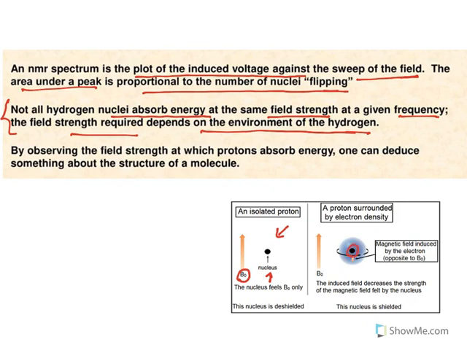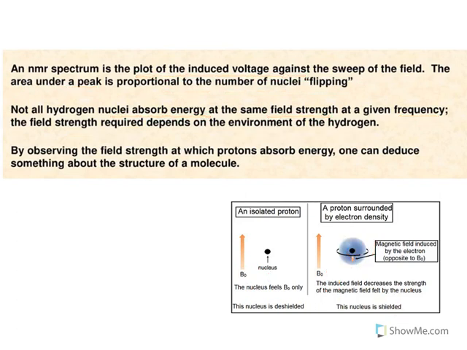The nucleus is surrounded with electrons. So if you apply an external field, the external field has to pass through these electrons and reach that nucleus or proton. But this external field is blocked by these revolving electrons, because the electrons also have charge. Because they are revolving, they produce an induced magnetic field and they will block this external field. So whatever you apply is not fully felt by the nucleus. This is what is called shielding. This is what happens in real cases. The induced field decreases the strength of the magnetic field felt by the nucleus.